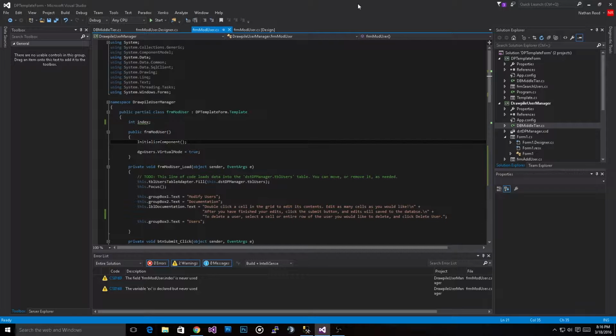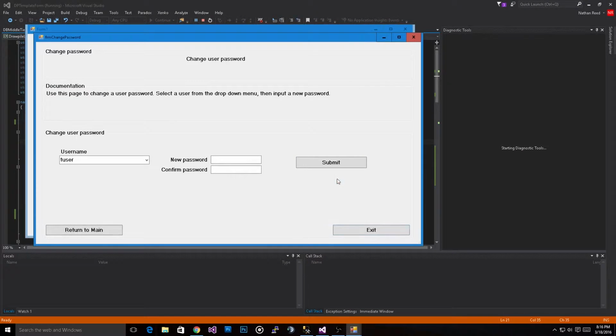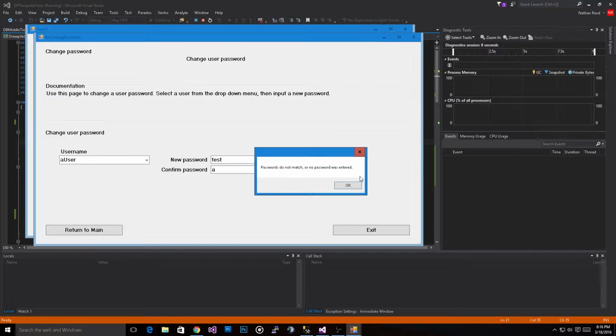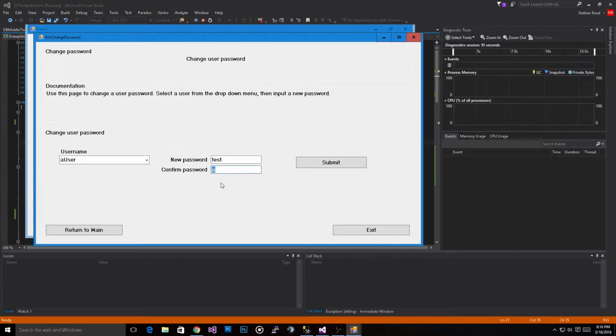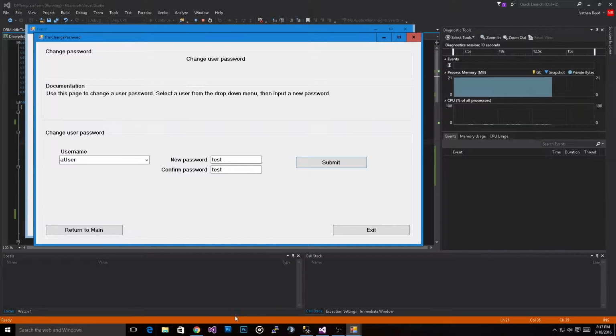I've added a couple new things to this demo. I'll just boot it up here. One is a change password. Change the password. If we hop over to SQL Management Studio,